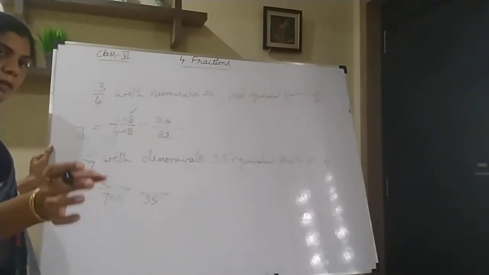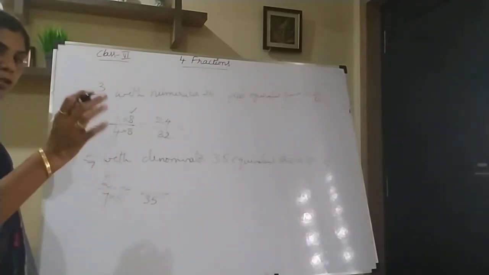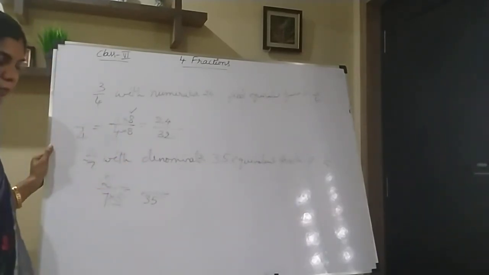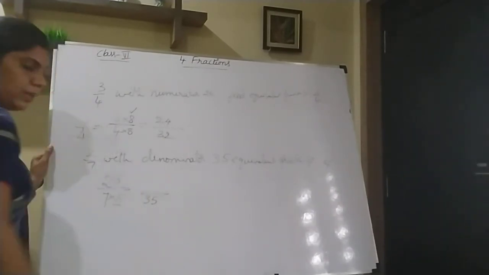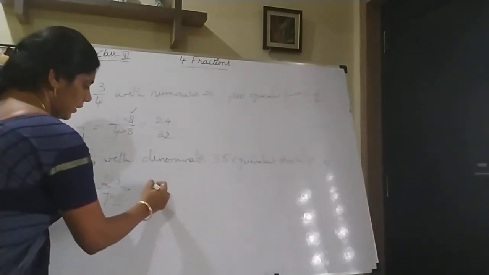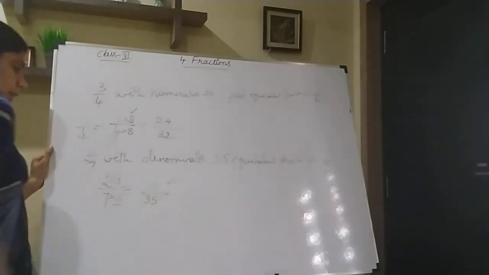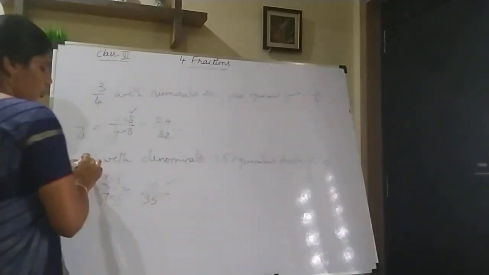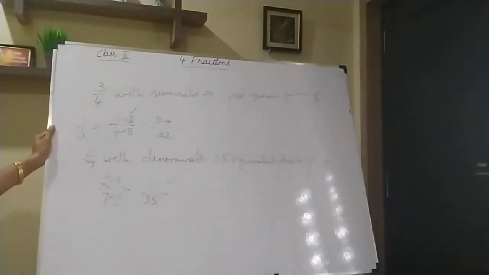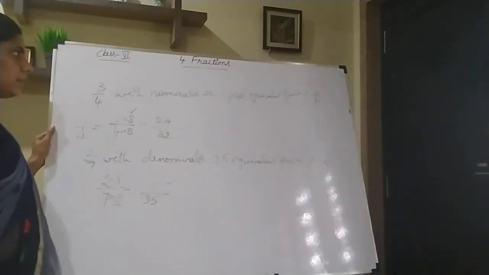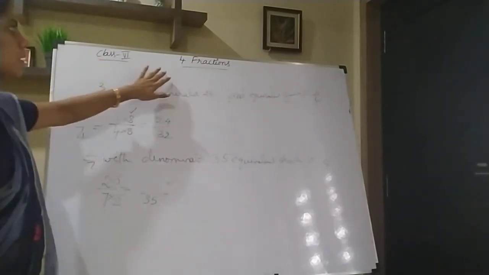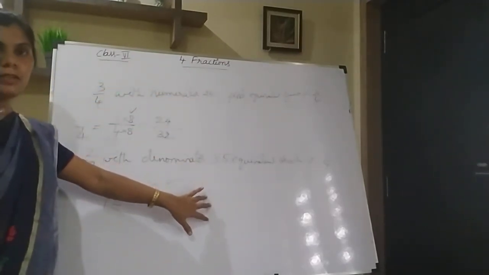So our basic principle is we have to multiply both numerator and denominator with the same number. Here I am multiplying with 5. So here also you have to multiply with 5 only. 2 5s are 10. Now this 10 by 35 is an equivalent fraction for 2 by 7. Like that you have to find out. Okay. In the next class we will see some more problems and exercise problems based on these basic fractions. Okay. Thank you.